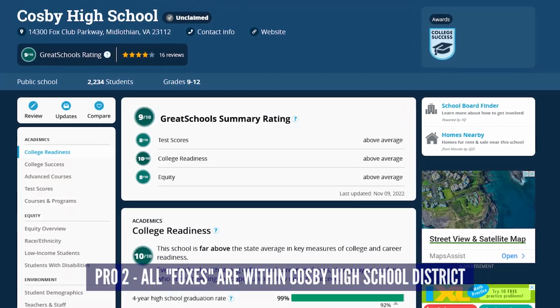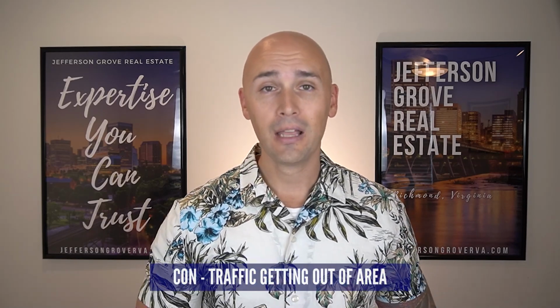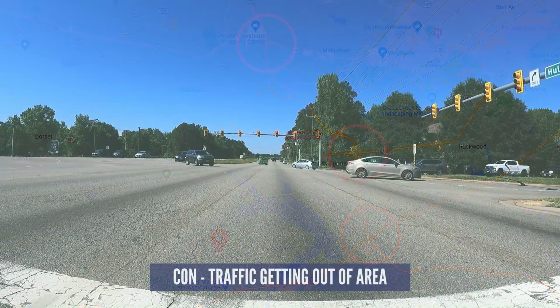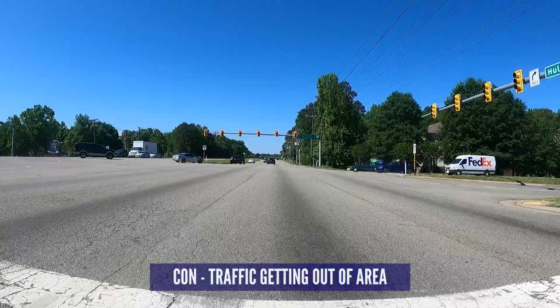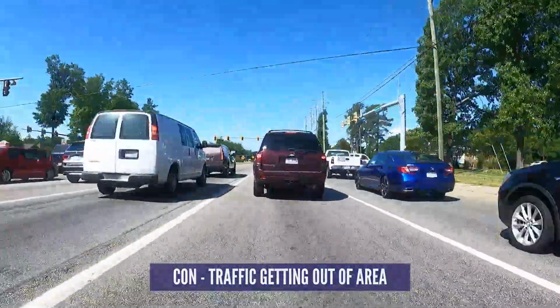The major con to living in the Foxes and the Moseley area in general has to do with commuting outside of the area. The nearest highway access points are all a few miles away, and getting to them isn't the easiest during rush hour. I've said it before and I'll say it again. Traffic along Hull Street can be pretty bad because there are so many stoplights. Now, if you're from a heavily congested area like parts of California or New York City, you'll laugh at what we call traffic, but it is something I wanted you to be aware of. So now that you know about the pros and the cons of the area, let's dive into our first Fox